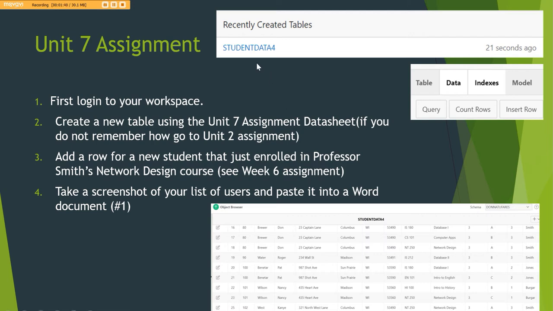So I named mine Student Data 4. I don't really care what name you use, but you just have to use it in your SQL statements later. So you're going to add once you get your